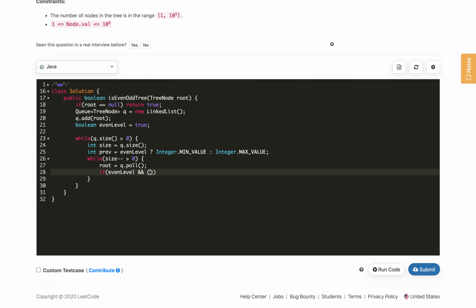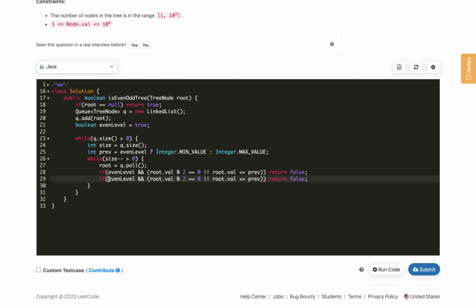So here node dot val mod 2, if it is not odd, basically if it is an even value, or the node dot val is less than or equal to the prev value, then we will return false. And for the odd level, if it has an odd value, then return false, and if it is greater than or equal to the prev value, then also return false.